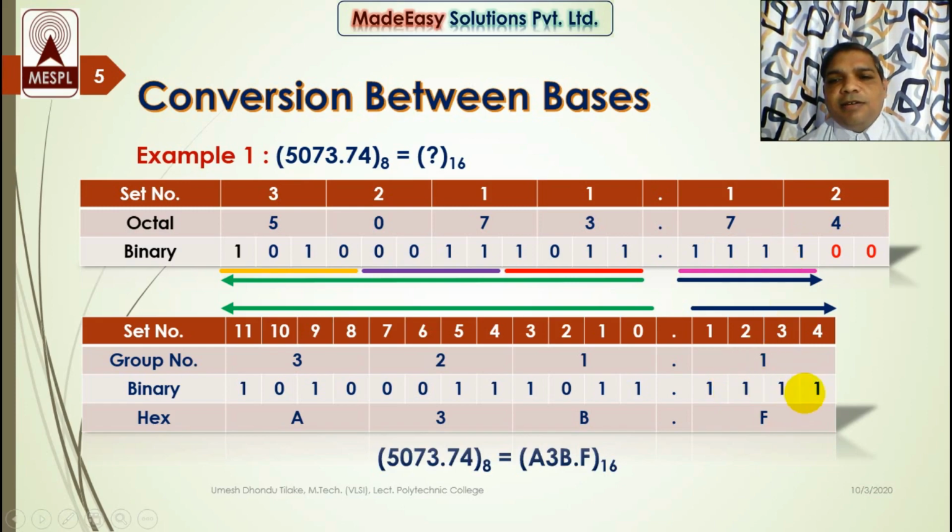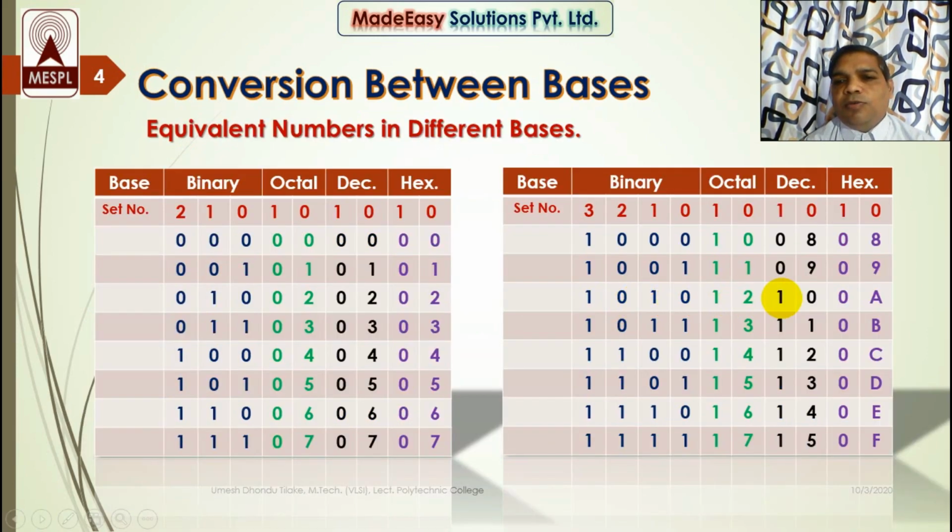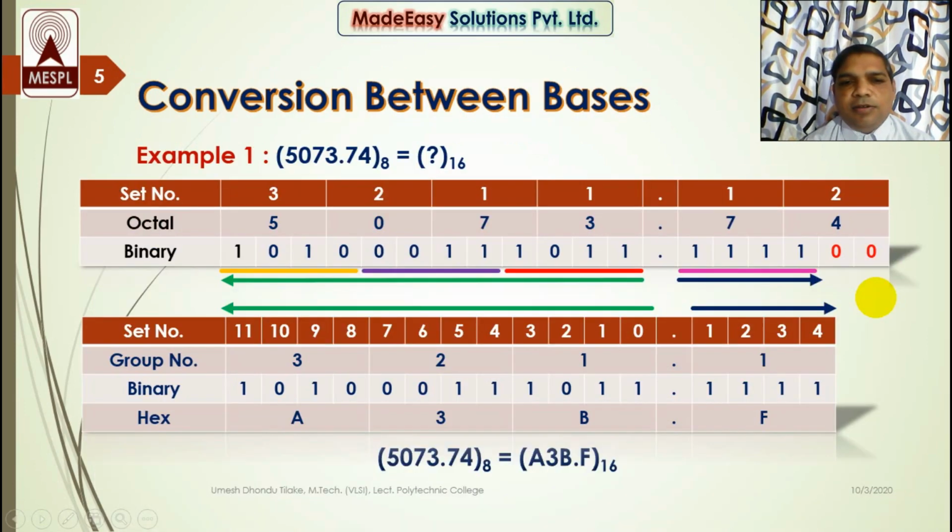Now as we have all 4 digits in group 1, there is no need to consider these 2 zeros, because in the fractional part zeros in the right direction have no value. Even if we remove those zeros, it does not affect the value of the given fractional part. So just neglect the zeros. Now refer to the table. The hex equivalent of the given binary 1010 is A. 1010 binary is equal to A in hex, so I have plotted A here.